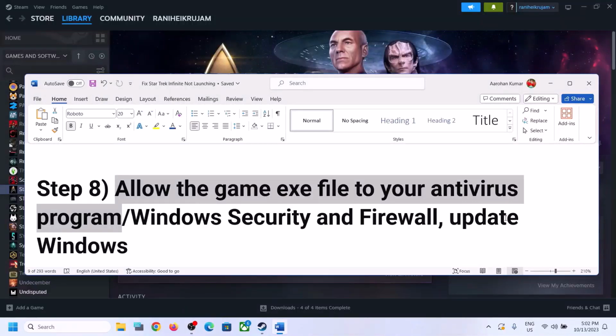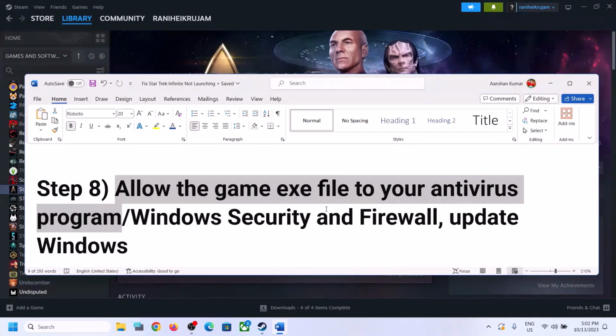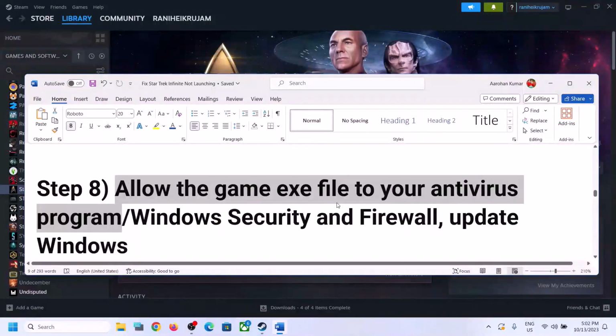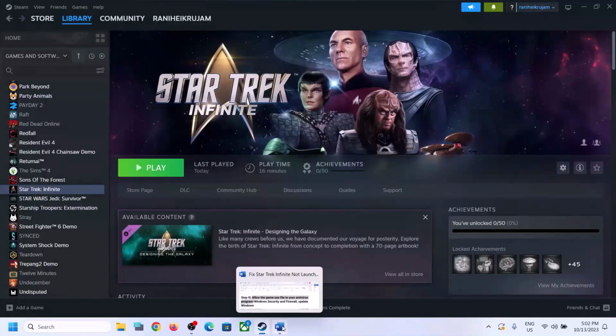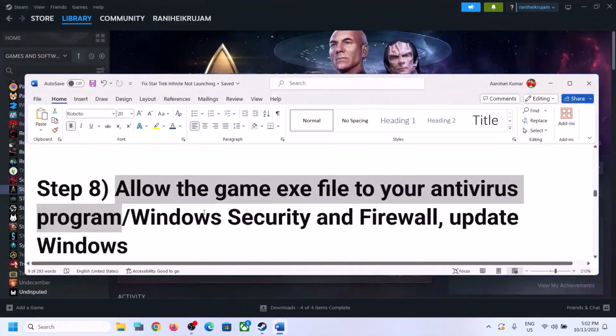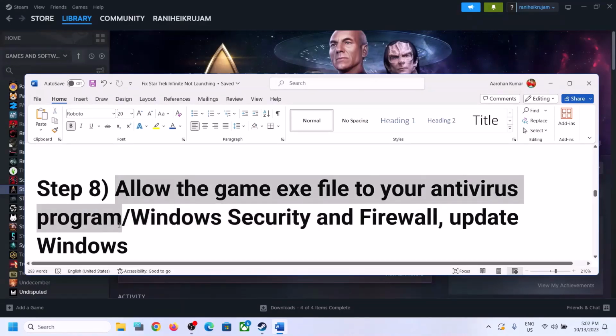So for this, you have to allow the game exe file to your antivirus program. If you have a third-party antivirus like Avast, Norton, Bitdefender, McAfee, Trend Micro, Comodo, whichever antivirus program you're using, make sure that you allow the game exe file to your antivirus program. Now, I'm not using any third-party antivirus, so I cannot show you how to do it. But if you're using Windows Security, you can allow the game exe file to your antivirus program. You can Google how to allow the game exe file